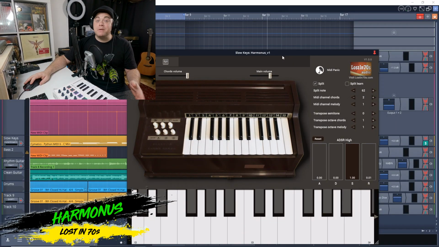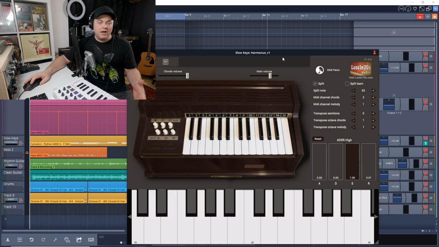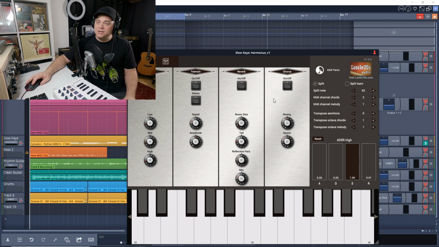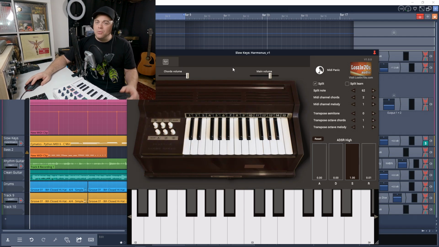This one's inspired by the Magnus 300 harmonium instrument, and it's kind of a cross between a harmonica and an accordion sound. It has some built-in effects in here that you can turn on and off, and a 1-finger chord setting. If you're looking to add a unique, interesting sound to your projects, this might be the instrument for you. Now let's check it out.